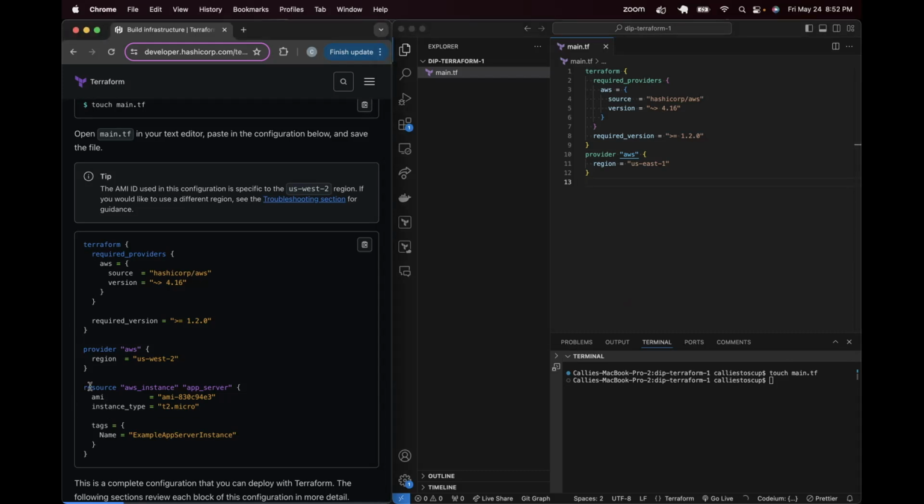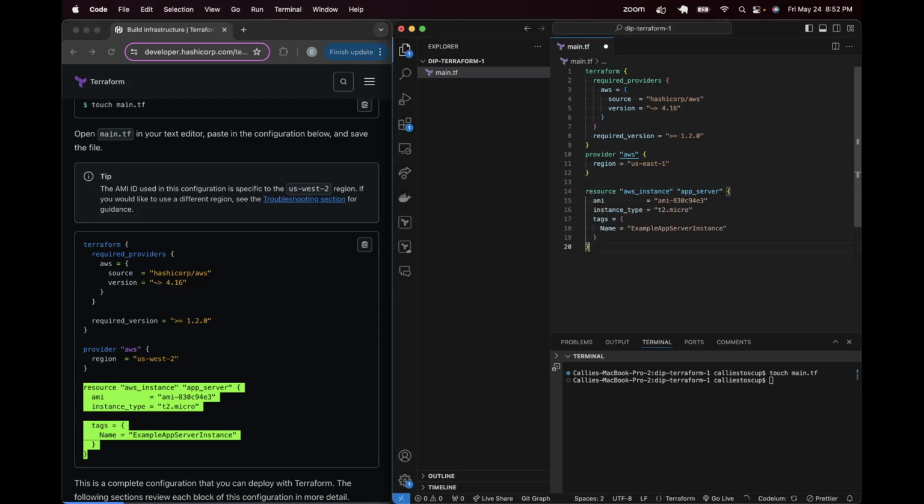We don't want to start out by creating an instance, but just so I can show you how Terraform works, we'll go ahead and copy this over. So let's go back to